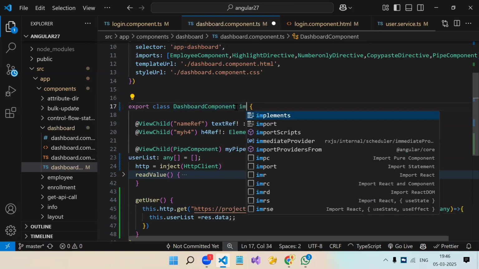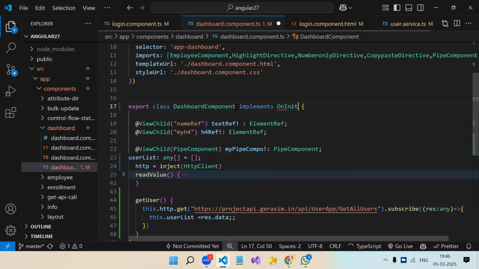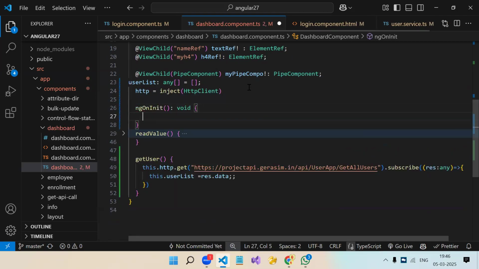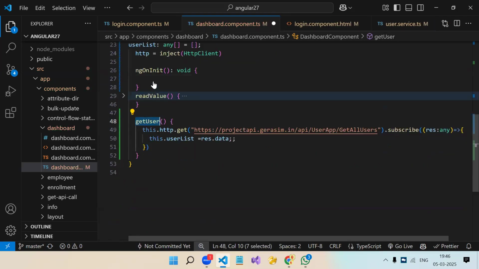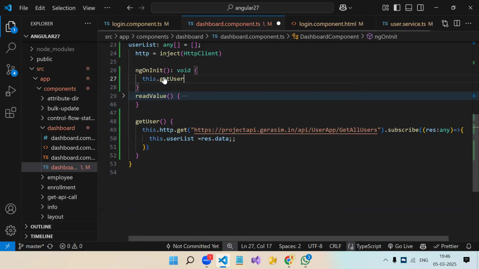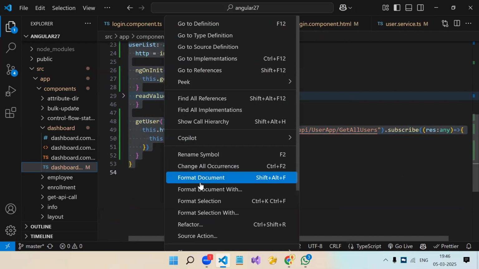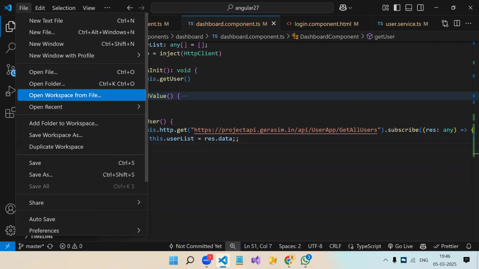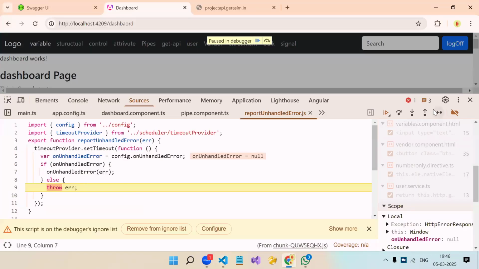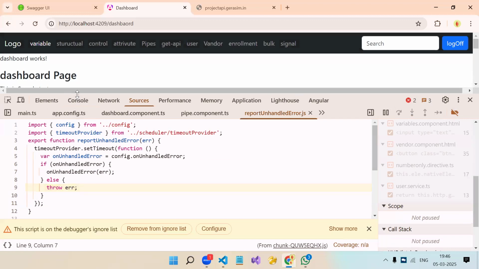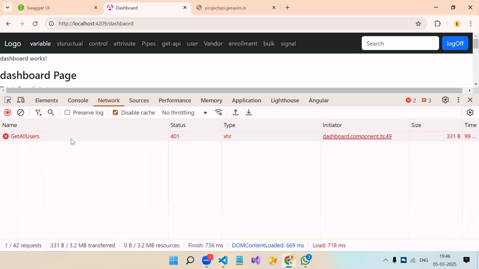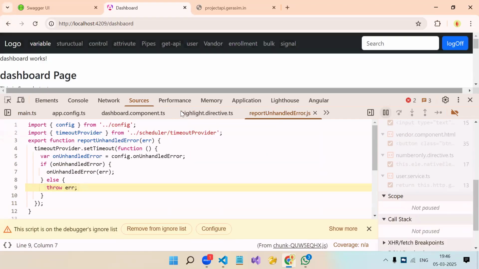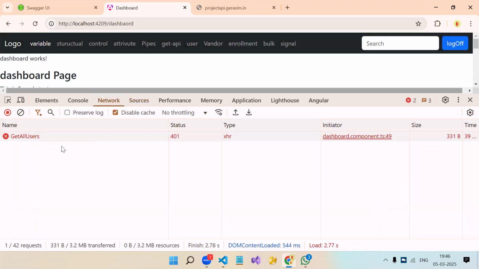Fine. And this function I need to trigger on the page load. So implement lifecycle event ngOnInit. Once we do, it will ask us to create our ngOnInit function. In ngOnInit, we will call this function. So this dot get user. Let's format it. Now in the dashboard component, you will have API call. But see, it is saying 401. Let me refresh again. So on the page load, we are getting the API call, but it is saying 401,